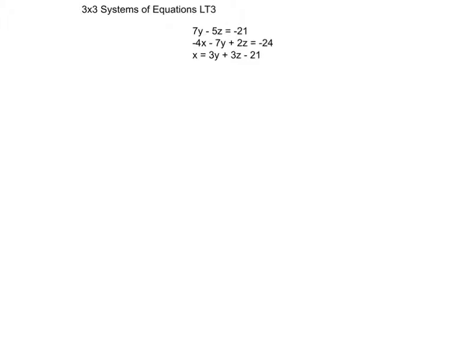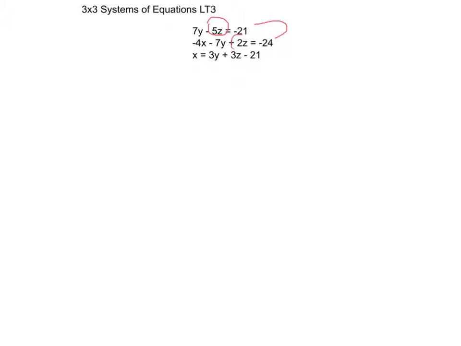All right, so we're going to take a look at another commonly missed question on your Learning Target 3 classwork on assessments. This is going to be the fifth question, and I'm actually going to proceed by using elimination. First off, I need to pair equations together to produce two smaller equations to create a 2 by 2 system. So I'm going to pair together the first and the second equation, and I'm going to eliminate